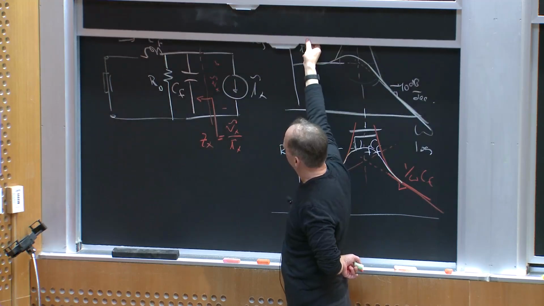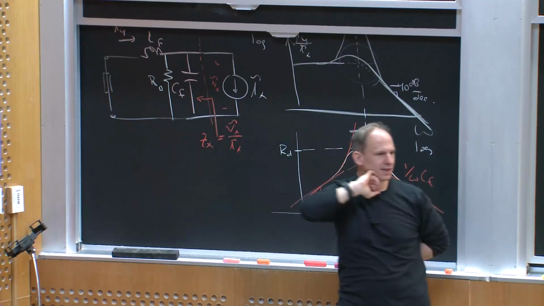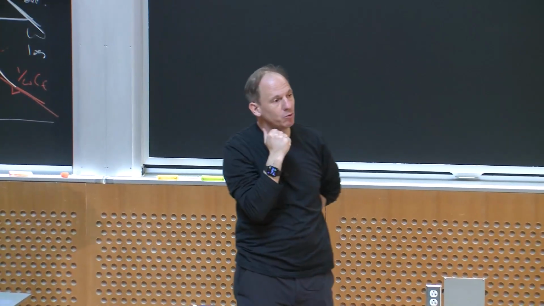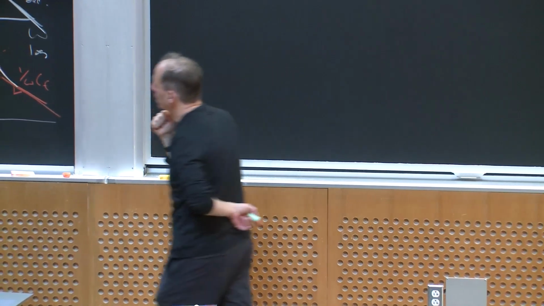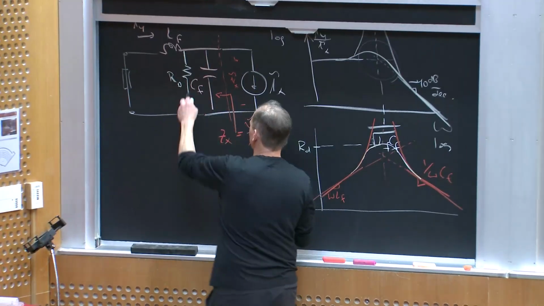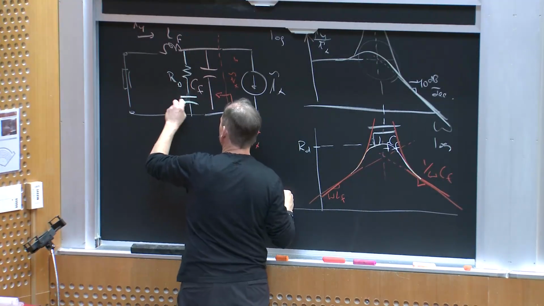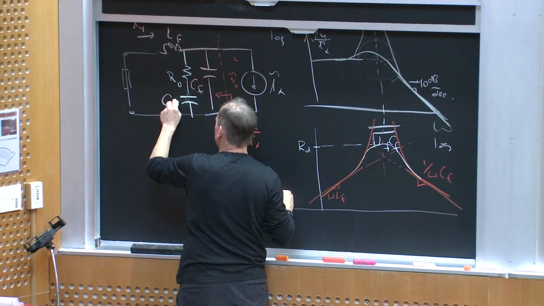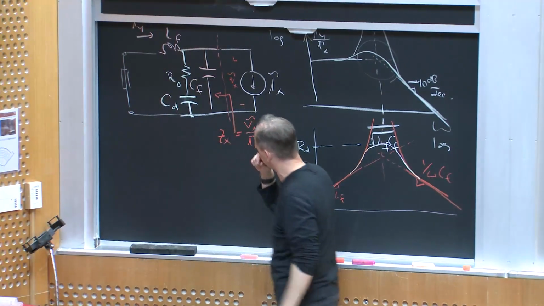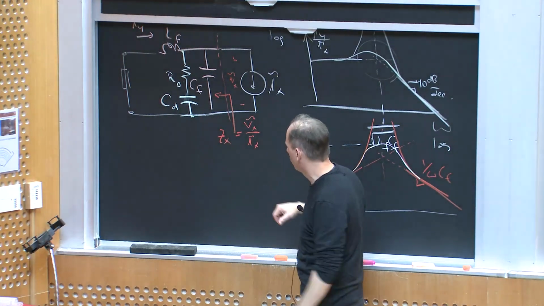So what would I do in the real world? I'd say, well, I can't accept that being a very good idea. But maybe what I could do is take this damping resistor and put it in series with a damping capacitor, CD. Okay? So I'll put RD in series with CD. Okay, what does that do? Well, if CD